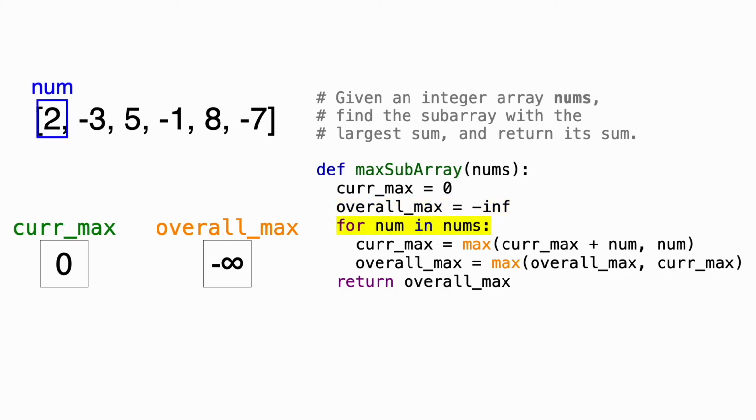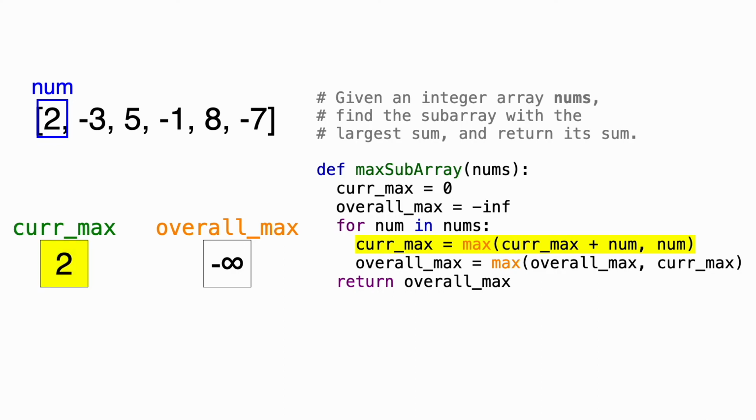Then we'll enter the loop and traverse nums using a variable called num. The first thing we'll do is figure out the current maximum of the subarray ending at num. And remember, we'll need to decide whether to include or exclude the previous current maximum. So here, we calculate both the previous current max plus num and just num itself, and take the maximum of those two. In other words, if the previous current maximum was positive, then we'll add it to num, otherwise we'll leave it out. Right now, current max is 0, so both of these are just 2, so current max gets